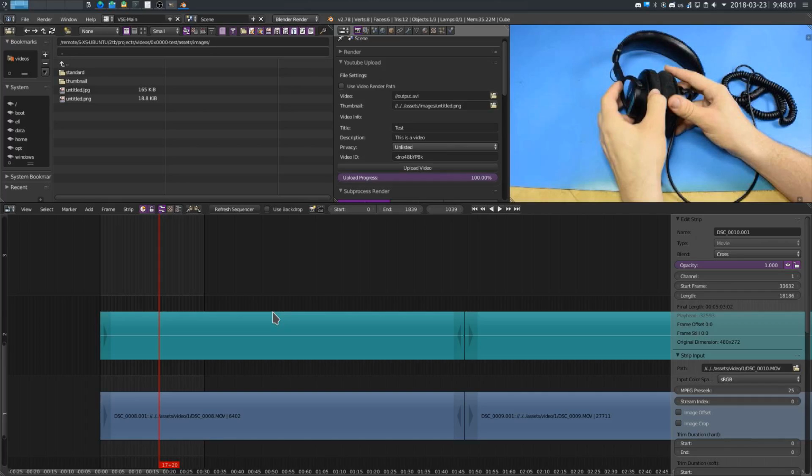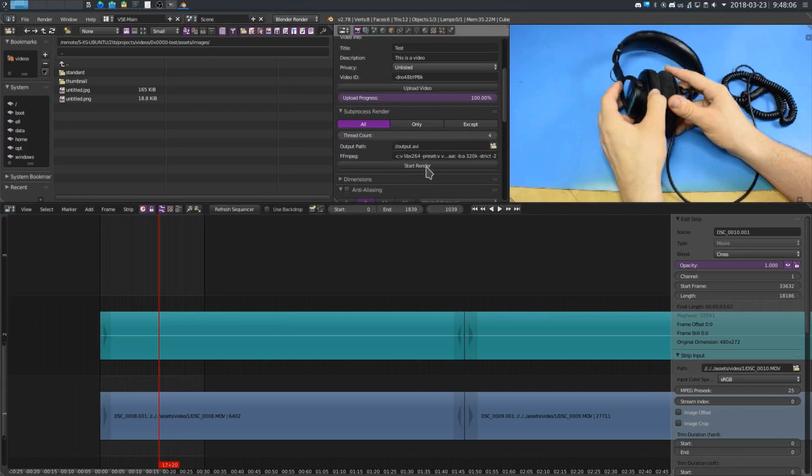One feature I would like to look into creating in the future is another version of Subprocess Render that sends out separate render jobs to different computers. Blender used to have a network render system built into it, but it was retired recently. I think there might be a new one in the works, but it's probably not going to be suited for video editing because that's, again, not what Blender is particularly designed for. So I think a Blender add-on that manages rendering jobs being sent to other clients over just SSH really would work,